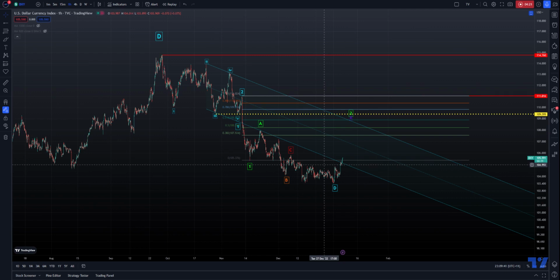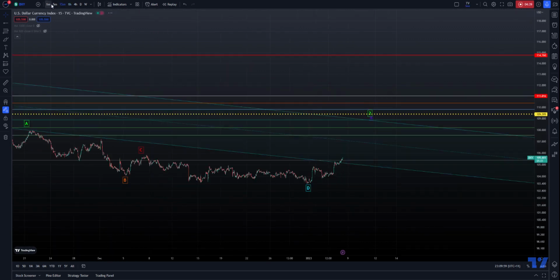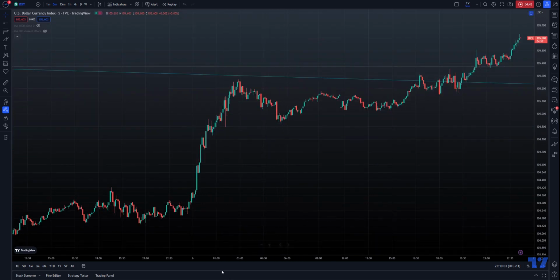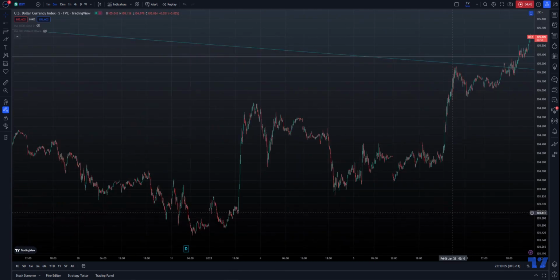Yeah, that could happen, right? Will it happen though? It's just something that you can assume is going to happen, but you don't really know if it's going to happen. Or another option is potentially this E wave at small degree is already completed or close to completion,